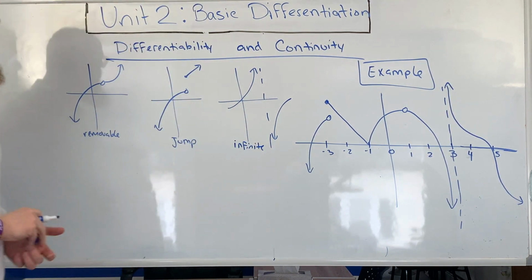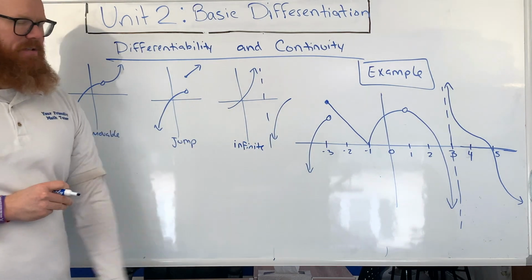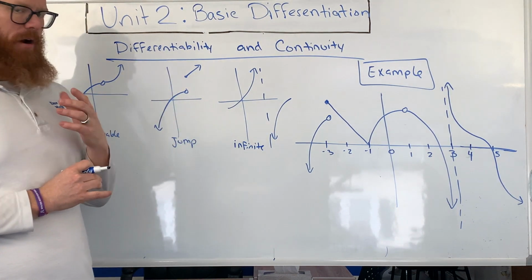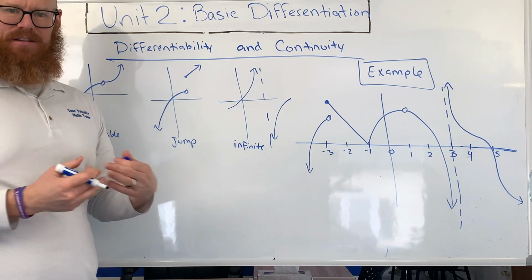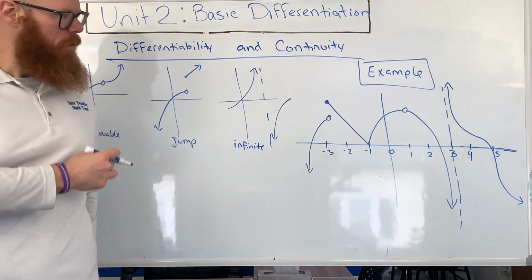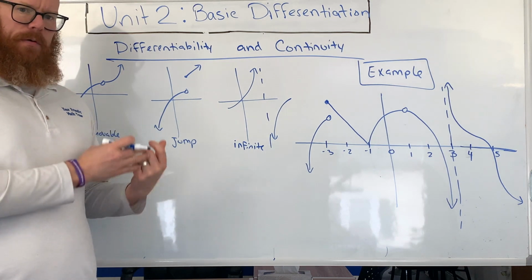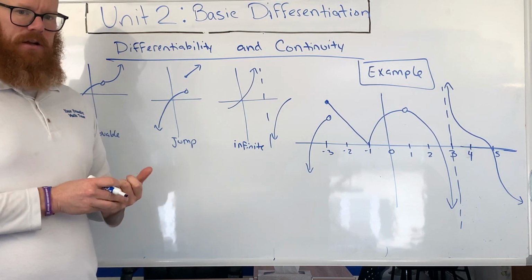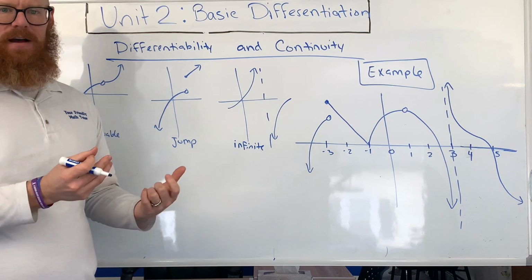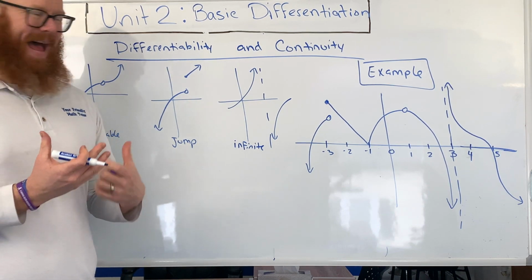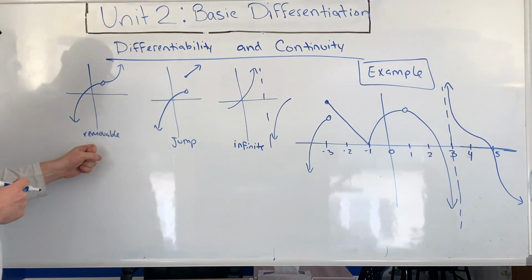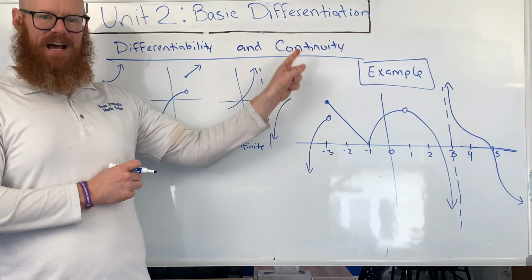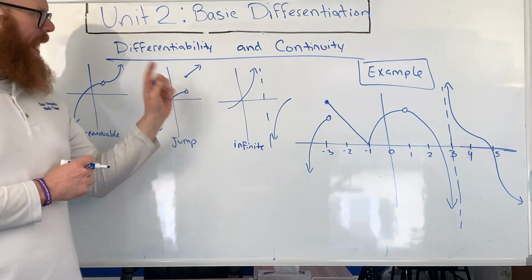Now, anywhere that something is not continuous, that also tells you that it's not differentiable, which just means you can't take the derivative at that point. The derivative is the slope of a tangent line of the curve. If something is not differentiable, it means it has either an undefined slope or it just doesn't have a slope at that point. So if you have any one of our three main types of discontinuities, it is automatically not